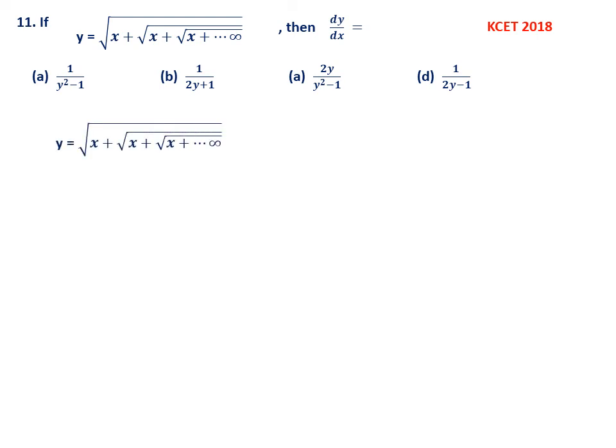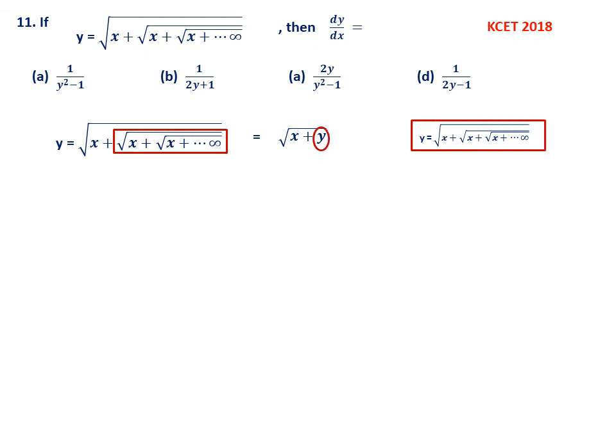So now consider y equal to square root of x plus square root of x plus square root of etc., up to infinity. See, this we should understand how it should be written. It is x plus y because look here, y equal to square root of x plus square root of x up to infinity. Therefore, whatever is inside that rectangle, that itself is y. Therefore, we can write y equal to square root of x plus y. So this is the trick. Therefore, you can say y square equal to x plus y, that is take the square.